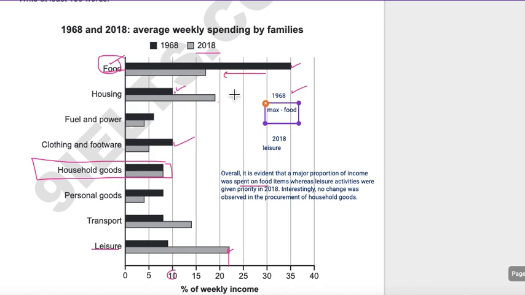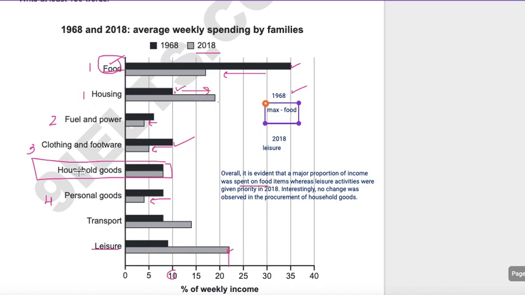So food gone down, fuel and power gone down, clothing and footwear gone down, personal goods have also gone down. So 1, 2, 3 and 4. So you talk about these 4 things in body para 1 and the things that have gone up